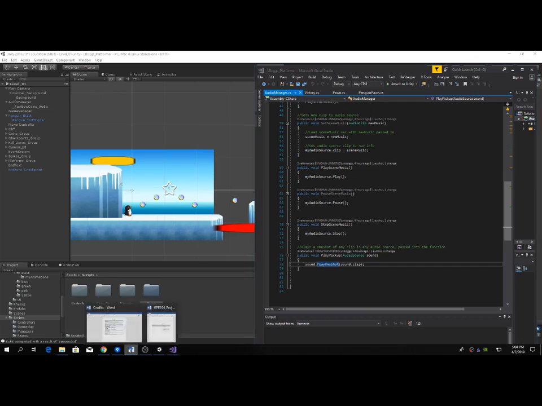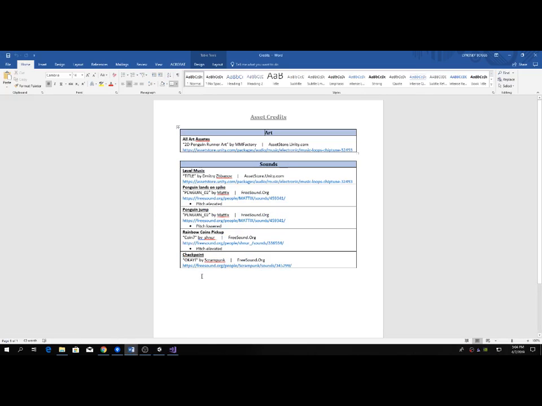And let's just go ahead and check off all of our things here. Oops, that's my credits. Oh, okay, real quick. Art credits. I got a package from the Unity Assets store, so all of the art assets were from the 2D Penguin Runner art by Factory. Level sounds. I used a variety of things from him. So the level music, I believe, was Happy something or other. By Dmitry